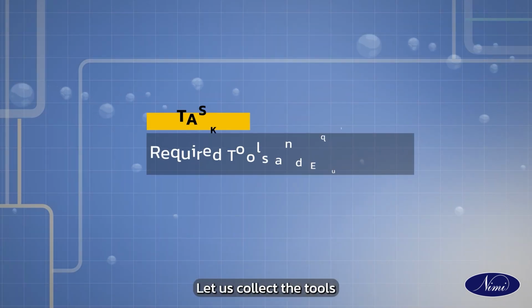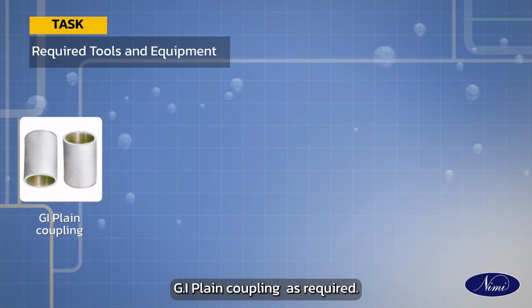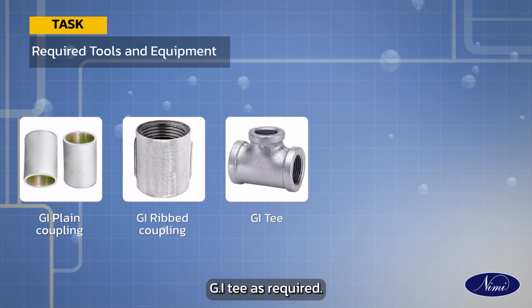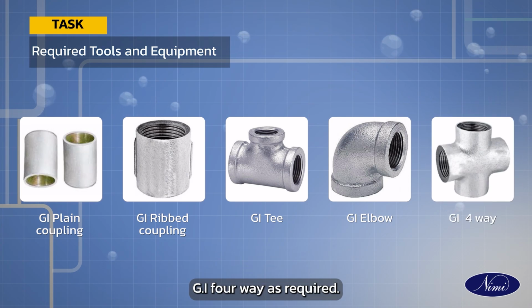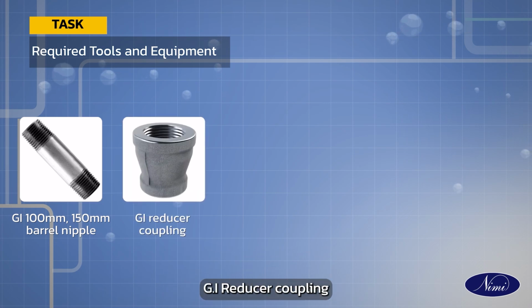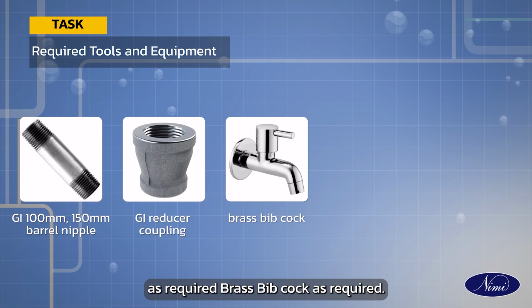Let us collect the tools and equipment required to do this. GI plain coupling as required, GI ribbed coupling as required, GI T as required, GI elbow as required, GI 4-way as required, GI 100 mm, 150 mm barrel nipple as required, GI reducer coupling as required, brass bibcock as required,